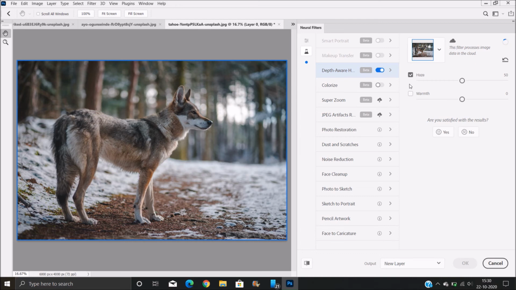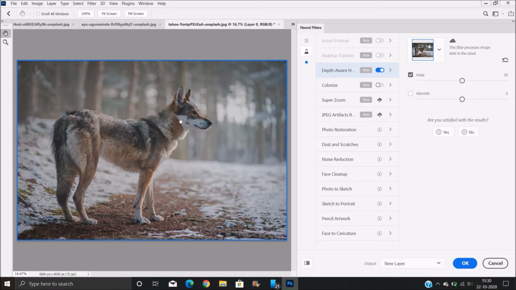It adds haze based on the depth in the image. So let's increase the haze, and you can also make it warmer or cooler. It basically adds a little bit of fog in the image.